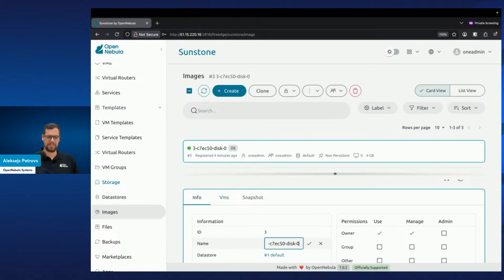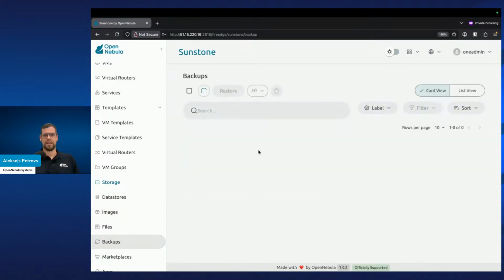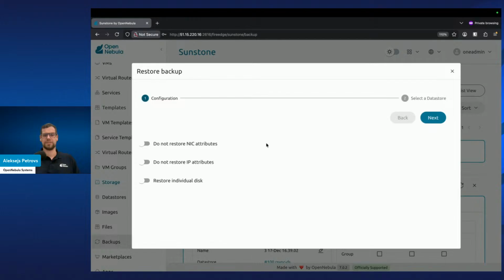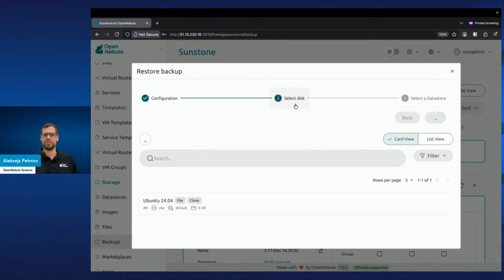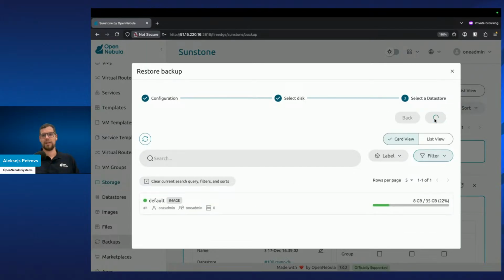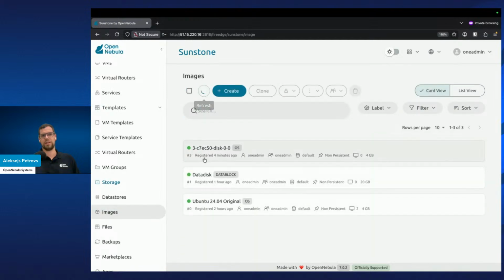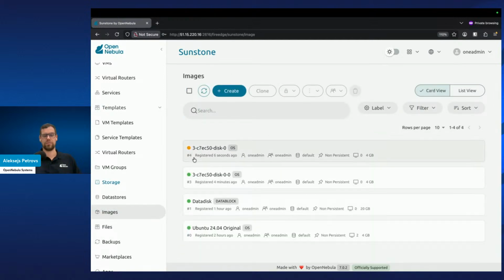Let's say 0, 0, right? And let me restore once again. Restore the individual disk, this one. Next, place it on the image data store. And here we go, right? So the image is in the process of getting restored, right? So yeah, and in this case,